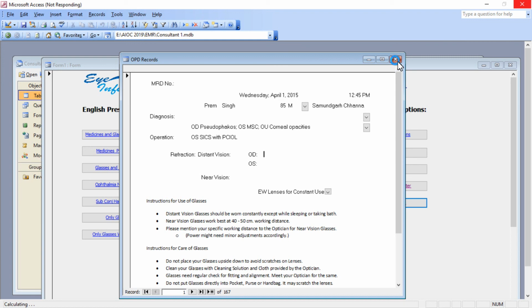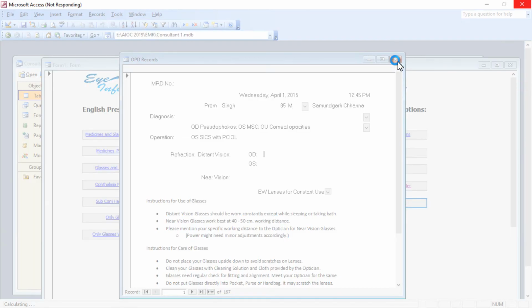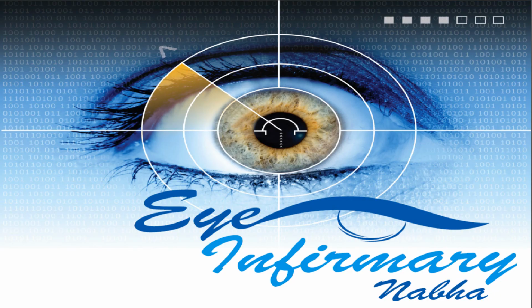So this was just to give you a feel of my designed EMR, and the message was, again I would repeat, not to sell you this EMR. The message was, just innovate your own EMR and do it yourself, and don't be dependent on these companies which charge you so much of your hard earned money.